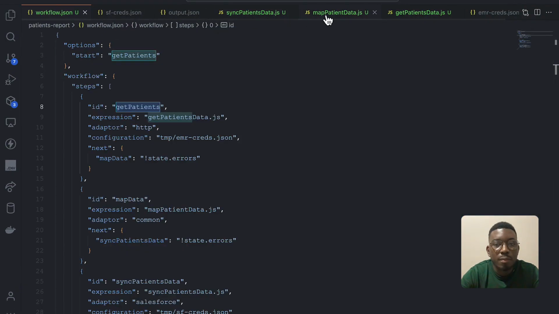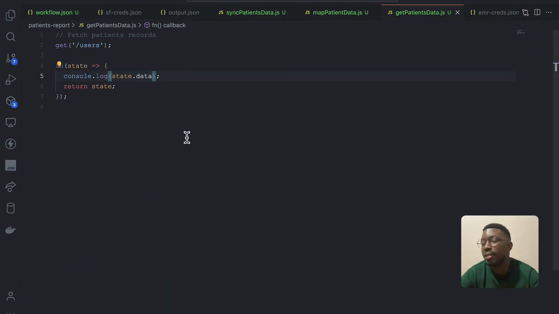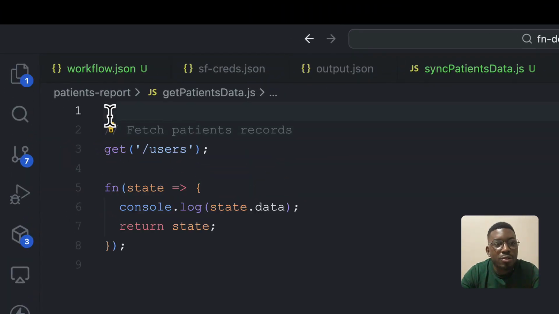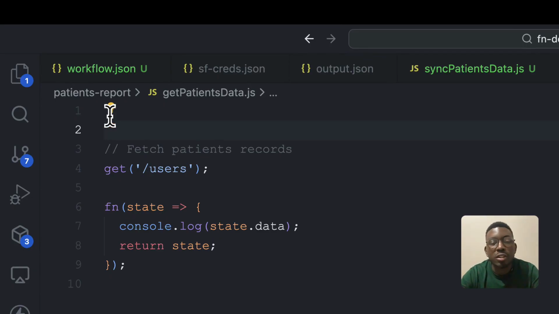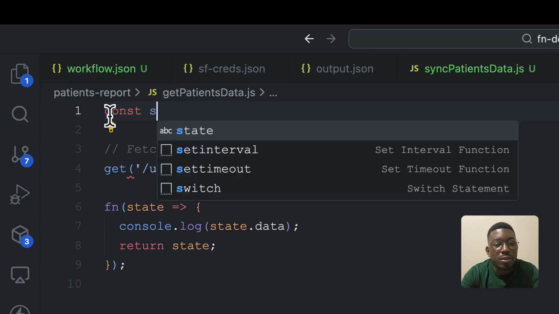Now, in most cases, you do not want to log the entire response that you are getting from the source system that you're connecting to, but you might still have use cases where you want to log that information. So based on the sensitivity of the data that you want to log, sometimes you can remove the sensitive data from your console log, so that you only see what is not sensitive. And to do that, you have the ability to write a normal JavaScript function that can do that for you. So for example, in this case, I can write a function here, let's call it safe log,